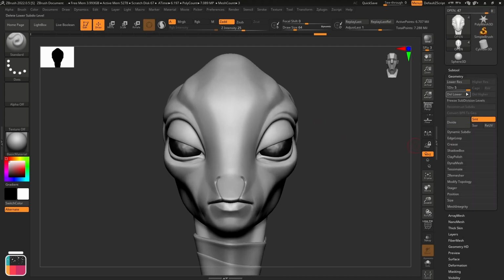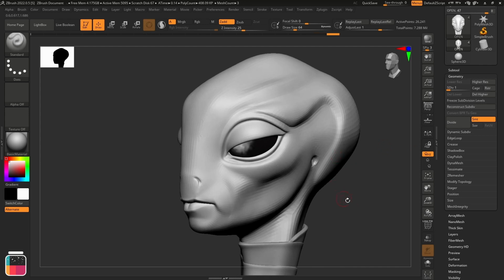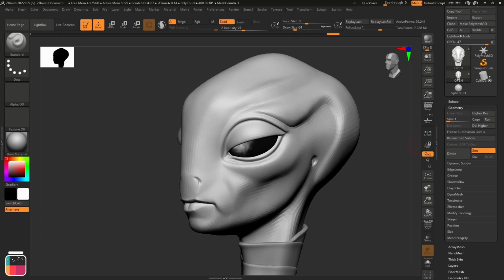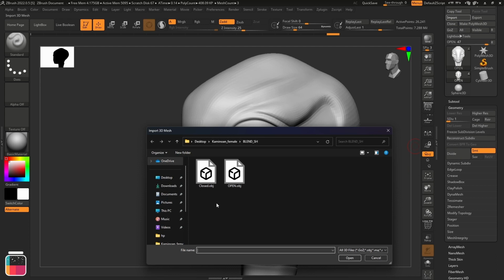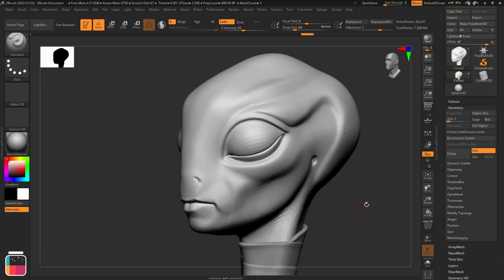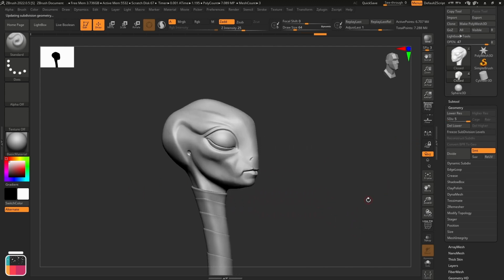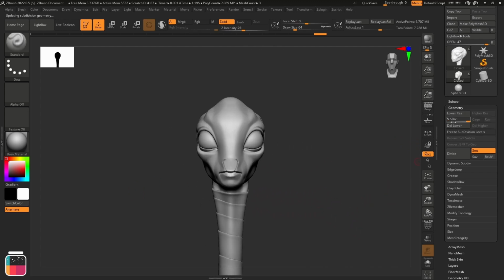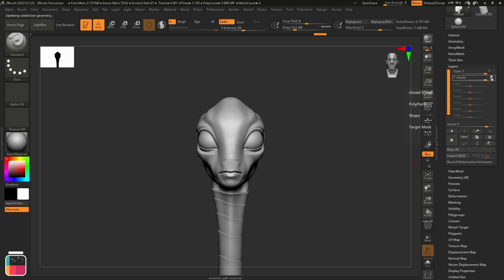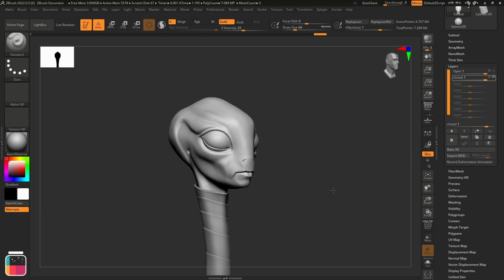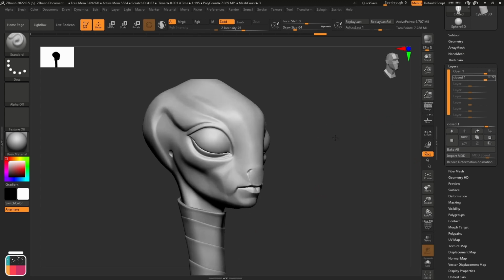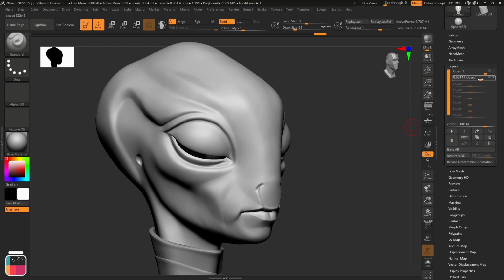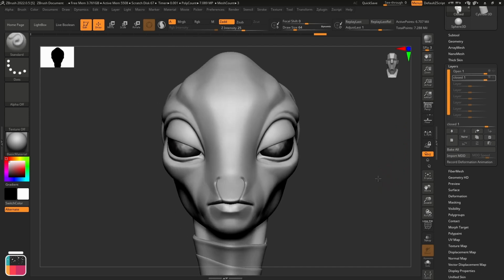Switch to the lowest subdivision level and import the blend shape for closed eyes. Everything is working as expected.